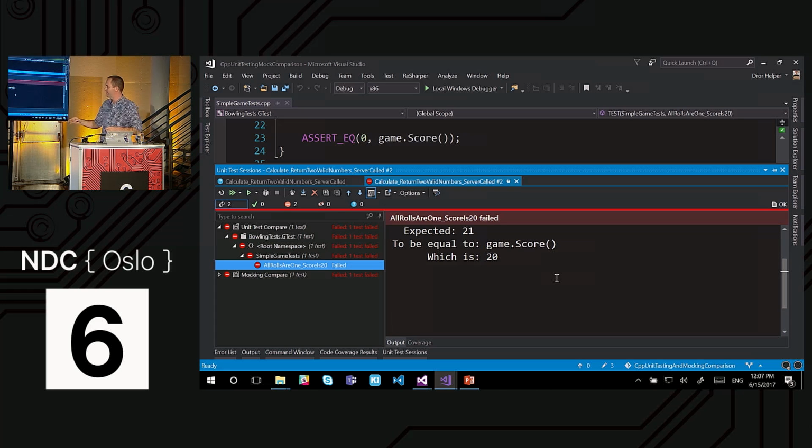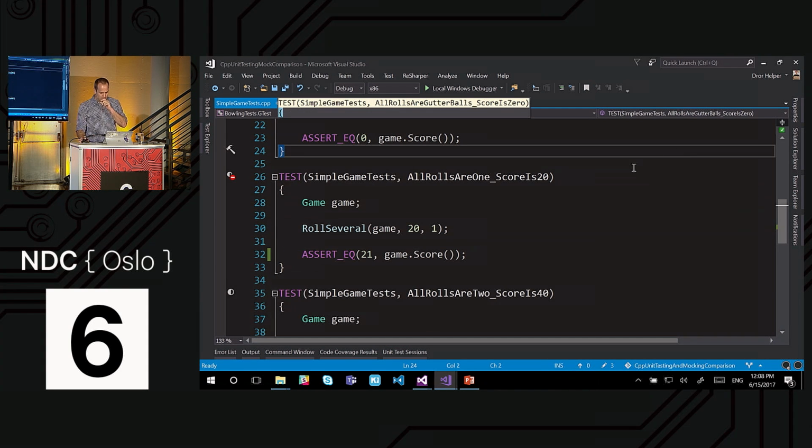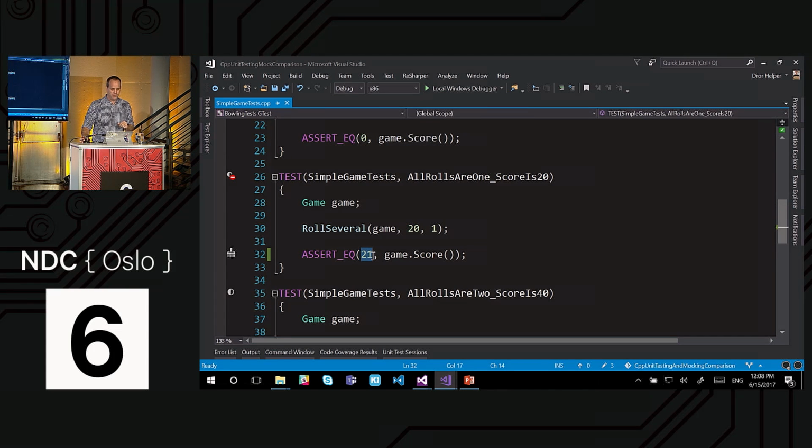And Google Test is one of the testing frameworks that gives me a lot of information. Remember, that's C++. You can get the actual method name I'm running and the result. And the nice thing about Google is that usually in other languages, you have to be careful which value you put on the left side and which on the right side. And it's usually backwards. First you tell what you expect to happen, and then you give the actual result.